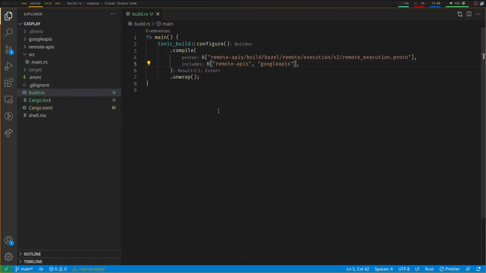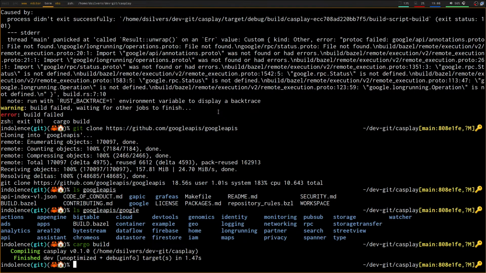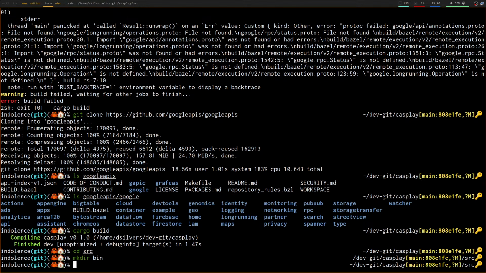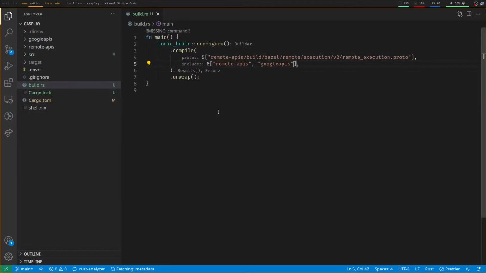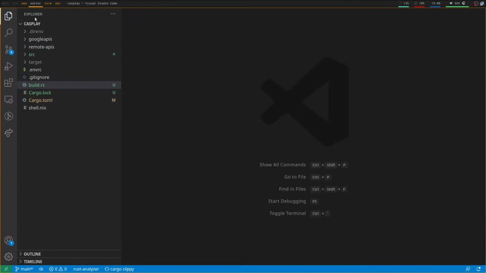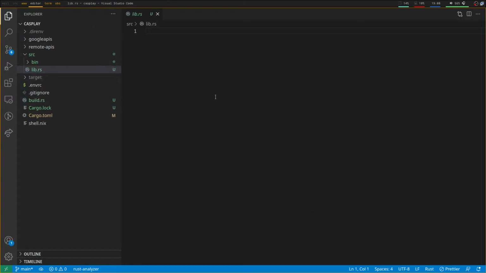I tell you what, I'm going to change this from a binary crate into a library crate. So I'm going to call this tool CasPlay because that amuses me. And let's get a lib.rs together. So lib.rs, we want to